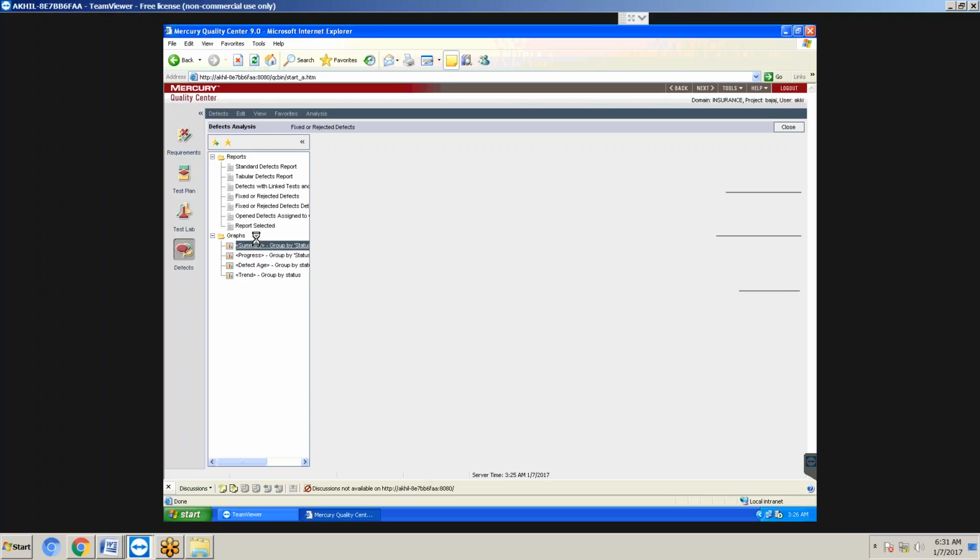So Quality Center is providing four types of facilities. One is bug tracking tool facility. Second is common repository facility. Common repository facility means whatever you want to store, whatever operations you want to do, it will be stored in Quality Center only. Traceability matrix we already covered. And graphs and reports.